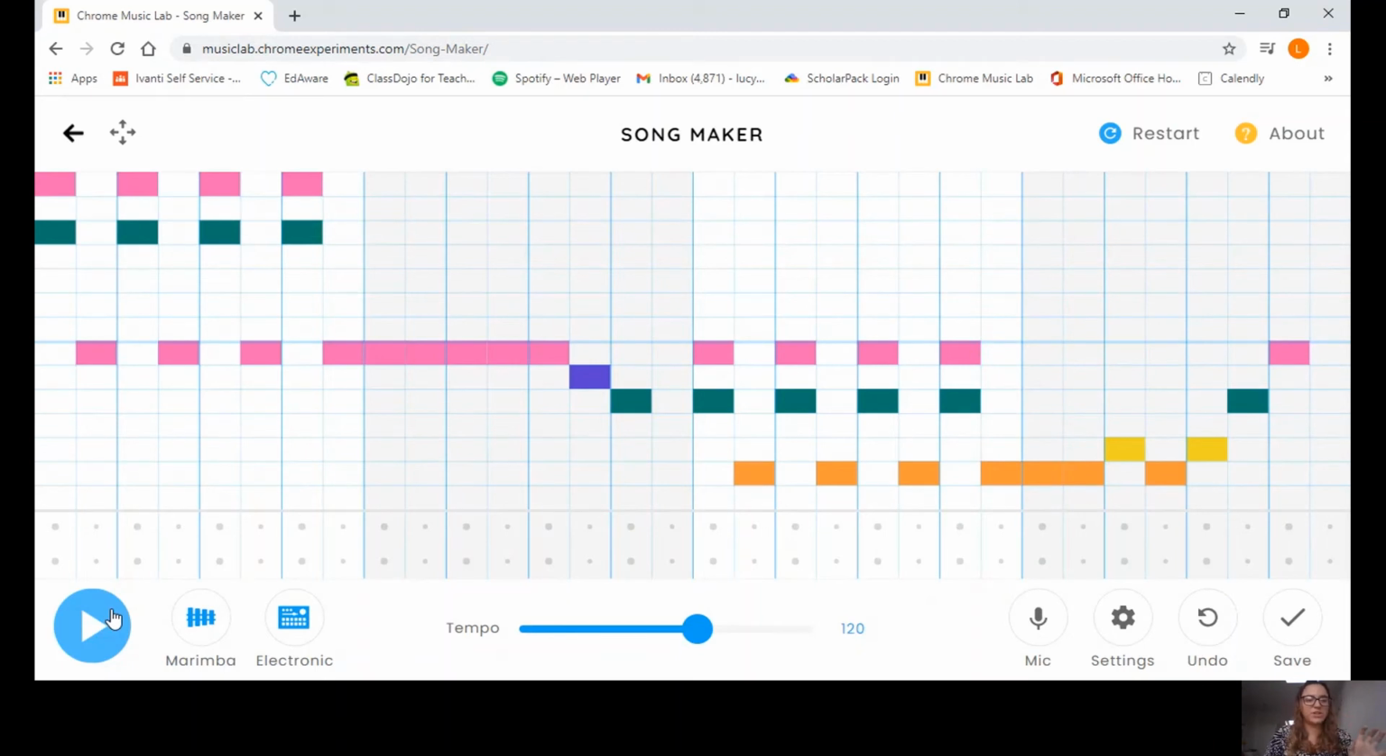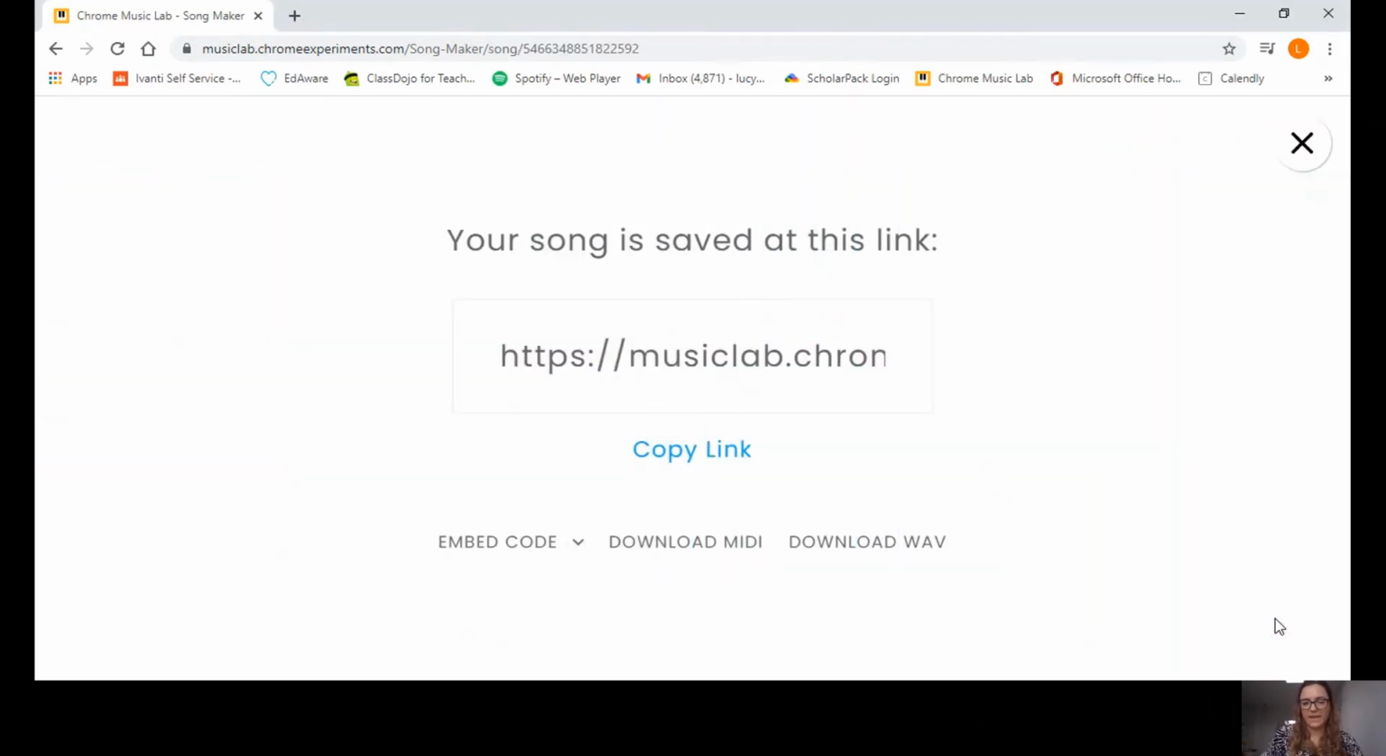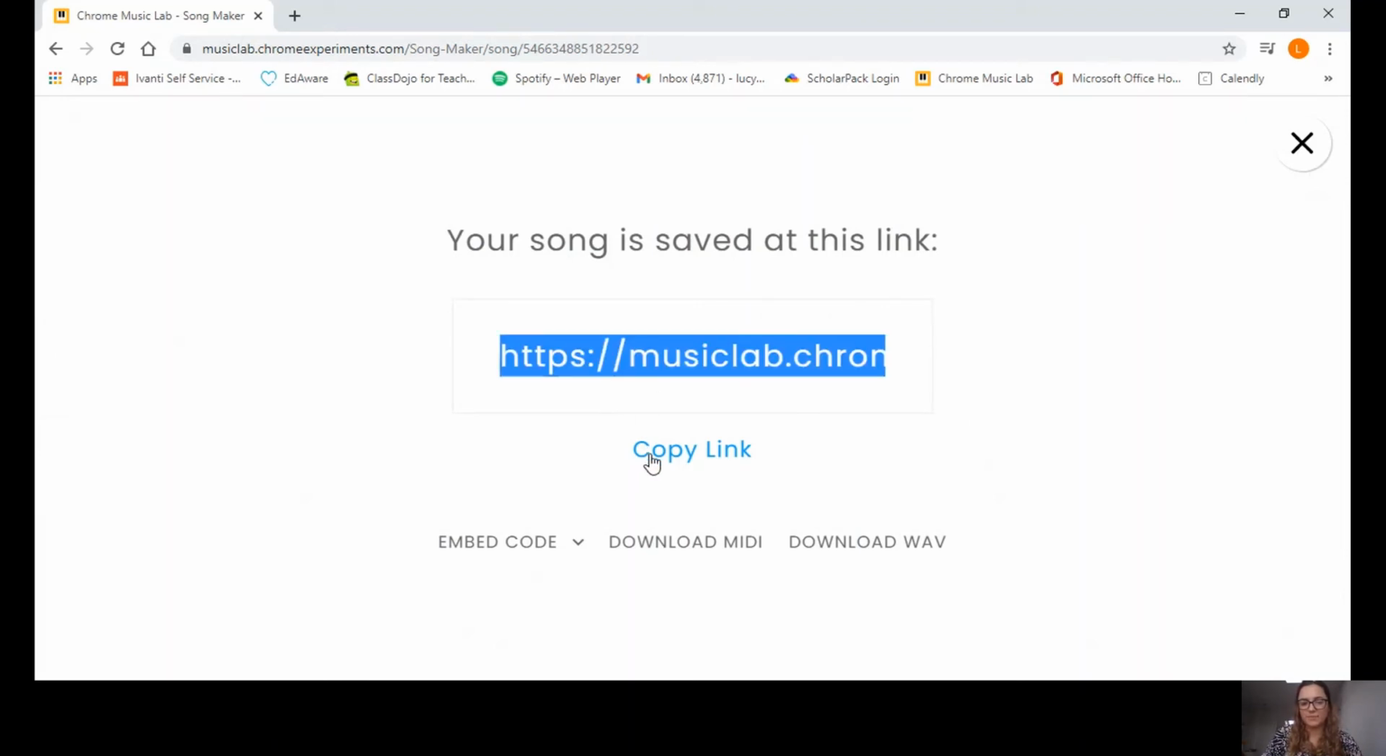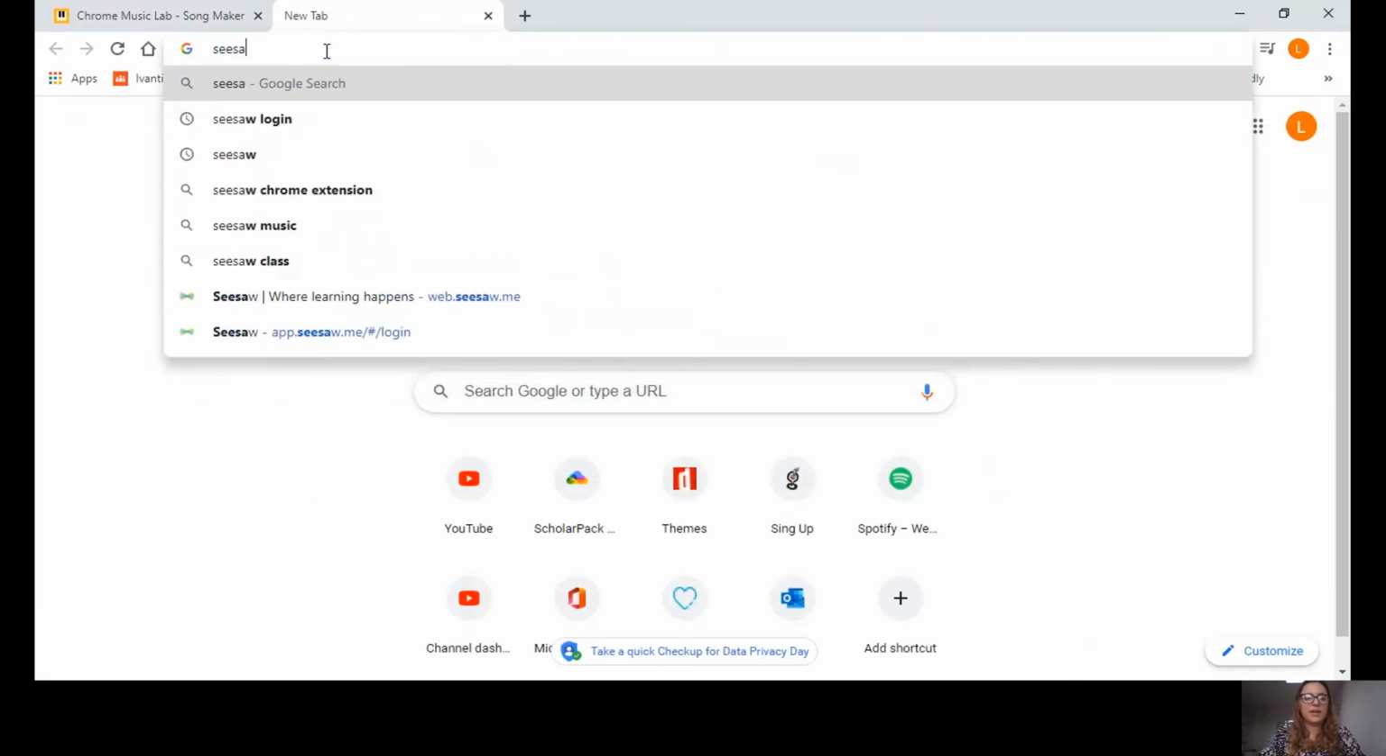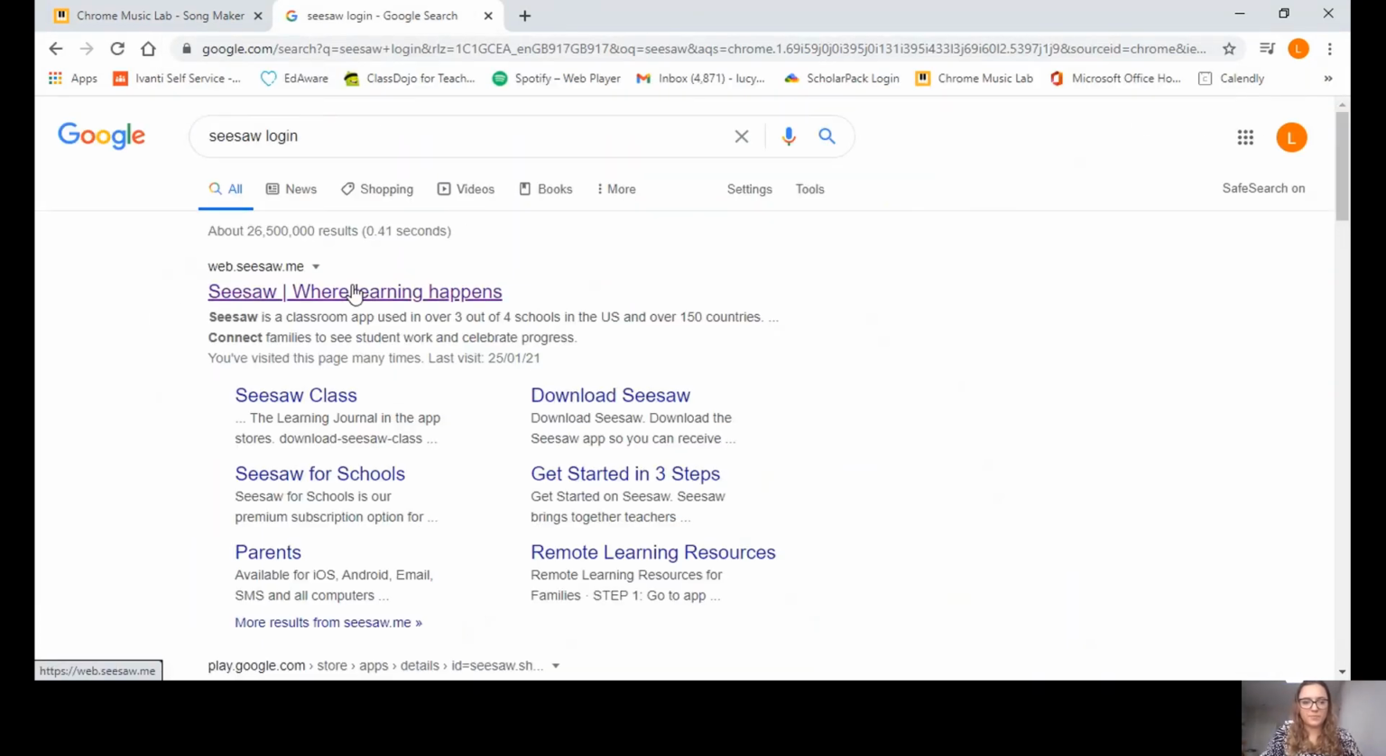So I'm happy with my piece of music here. Once I'm happy with it and it doesn't sound too busy and it sounds like the line of my poem, which is jumping up and down, which I think it does, I'm going to press this little tick box here. I'm going to click save. Then I'm going to press copy link. What I'm then going to do is go to Seesaw